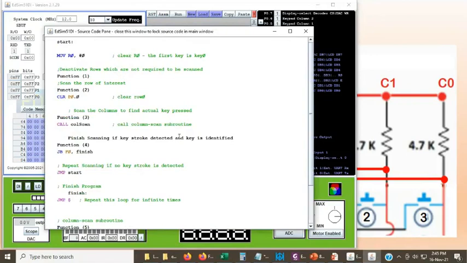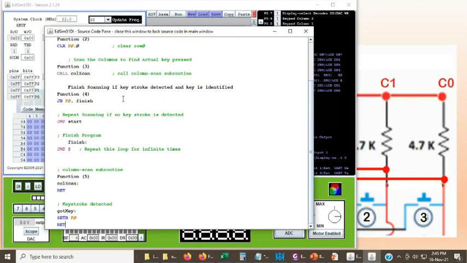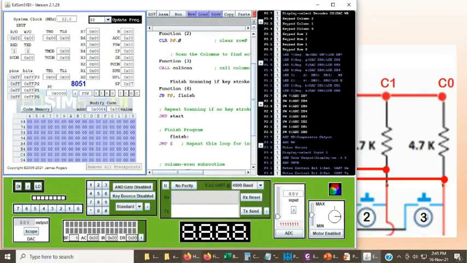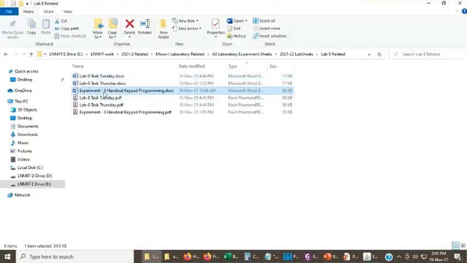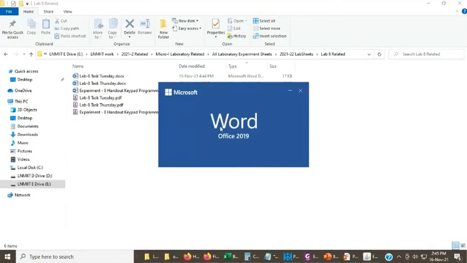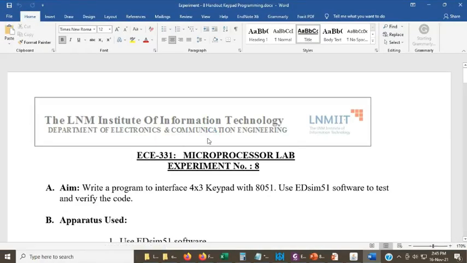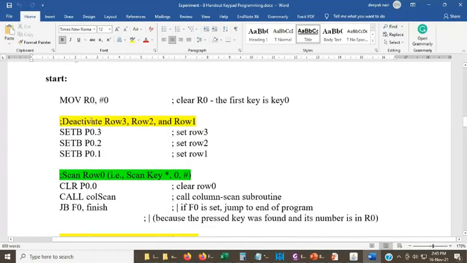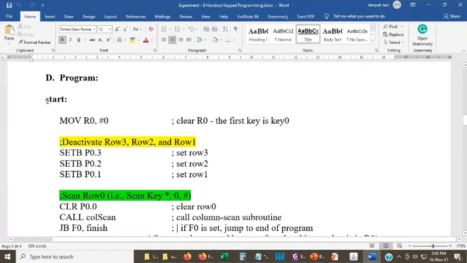So this is our program. Is it the program? No, this is not the program. Okay, let me go to the handout. First, before writing your own program, try to briefly understand the basics of this particular program.